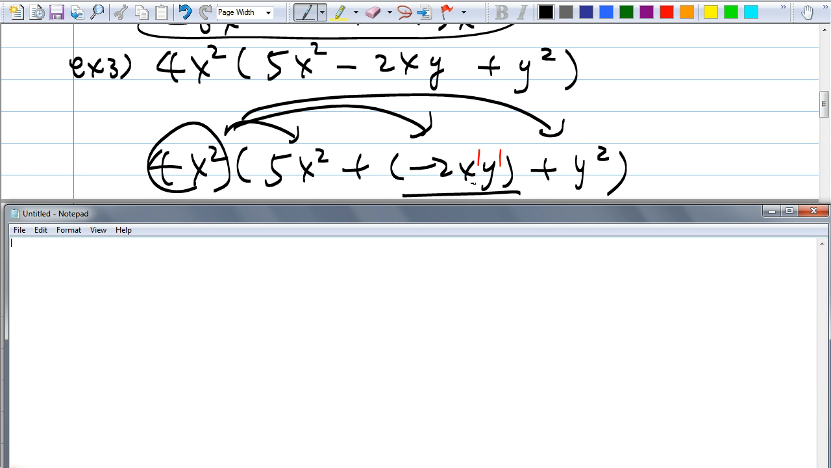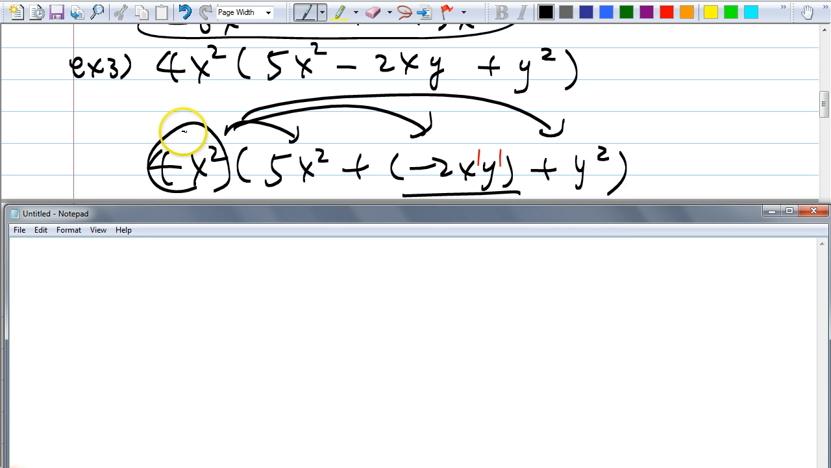Okay. So then, Audrey, can you tell me what to write next? So then you multiply it all. Right. So you do, but I want you to write out that step, right? I don't want you to do that in your head. Okay. So 4x to the power 2 times 5x to the power 2. Good. Plus 4x to the power 2, and then in parentheses negative 2xy, and then plus 4x squared times y to the